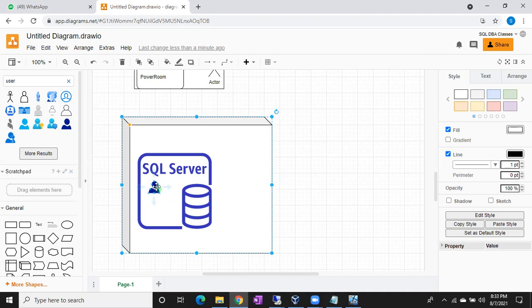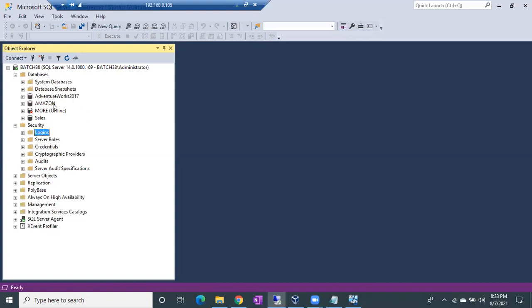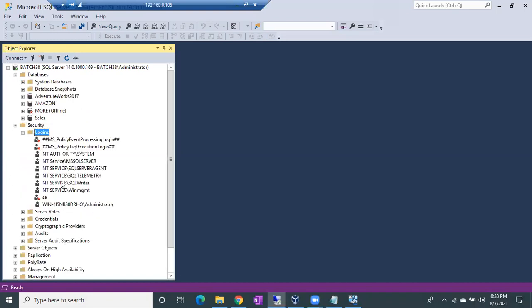Okay, so this is my login. Remember, this is my SQL Server. Under SQL Server, I have databases. Under SQL Server, I have logins like this. These are the databases and these are the logins. In the same SQL Server, I have logins and databases like this.